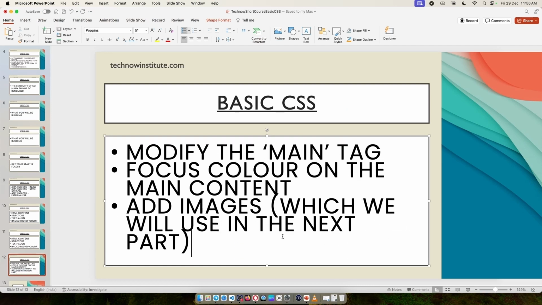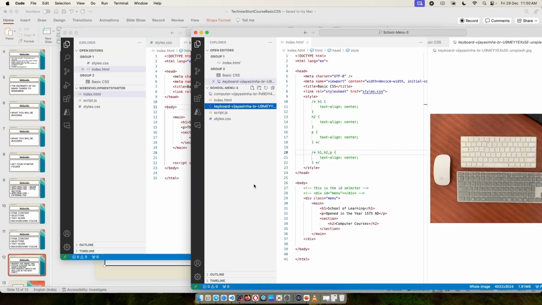Okay, so go ahead, grab a couple of images from the internet. I already showed how to do that in the previous section where we spoke about HTML. I showed you how you can get some images from the internet and include them in your project. So please go back and revise that step, or you can simply take the images that we have given in the example folder and use them in your project. But I would really think you should get your own images. It's a very simple step, and you should be able to do it by now.